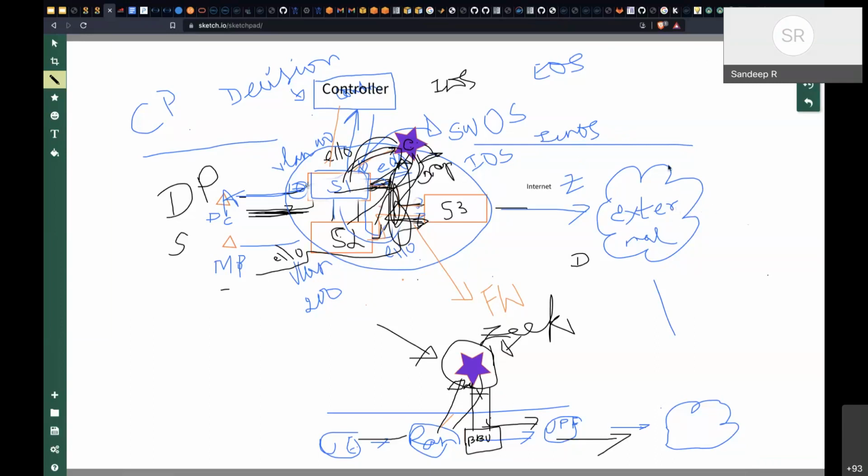Okay. See, what is a firewall? What is the purpose of a firewall? The purpose of a firewall is to know the good traffic versus the bad traffic. The idea is that it should filter bad traffic and forward good traffic. Now, what classifies good traffic and bad traffic? Let us say if I am watching YouTube, is it good traffic or bad traffic? Versus somebody trying to run Python code, is that good traffic or bad traffic? I think here the definition of good and bad is in terms of behavior.